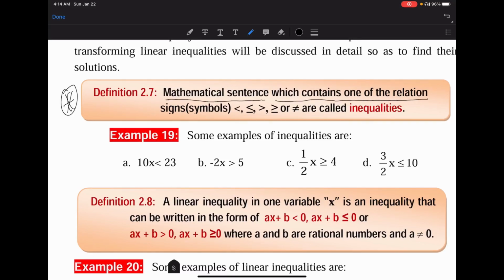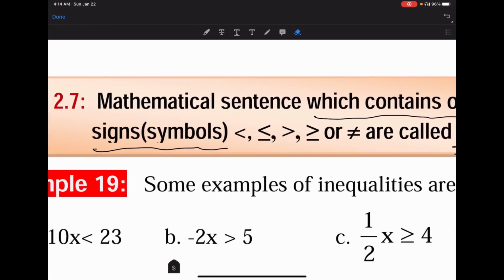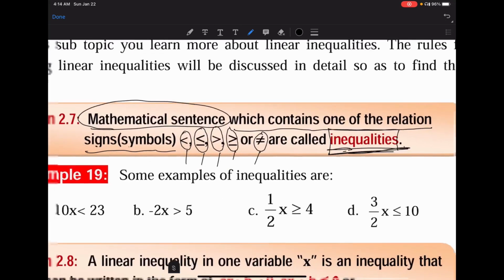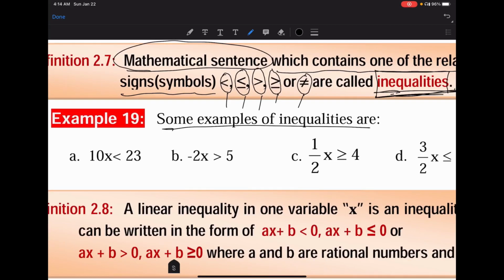one of the relation signs or symbols we call it an inequality, okay. ብዙ ሰዎች ሲሳሳቱ እንመለከታለን። እቺ less than, okay; እቺ less than or equal to; እቺኛዋ greater than; እቺኛው greater than or equal to; እቺኛው ደግሞ not equal to, okay. አምስት ናቸው። Okay, so example እንመልከት, some examples of inequalities